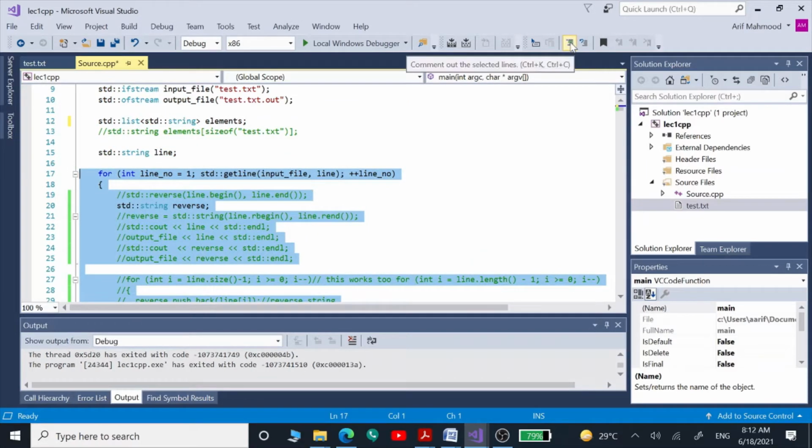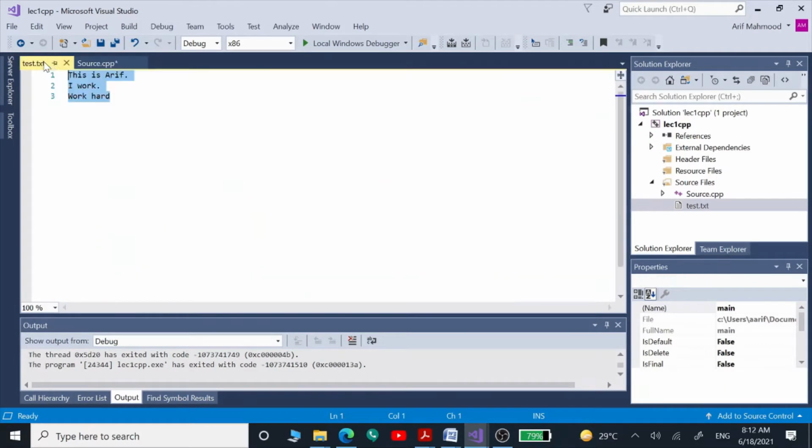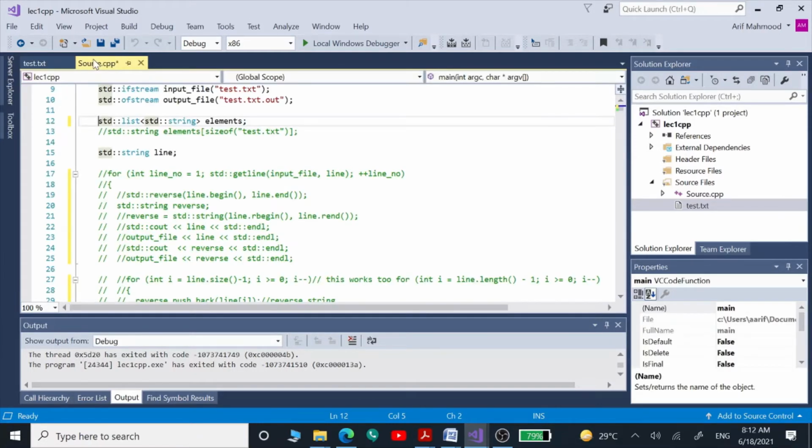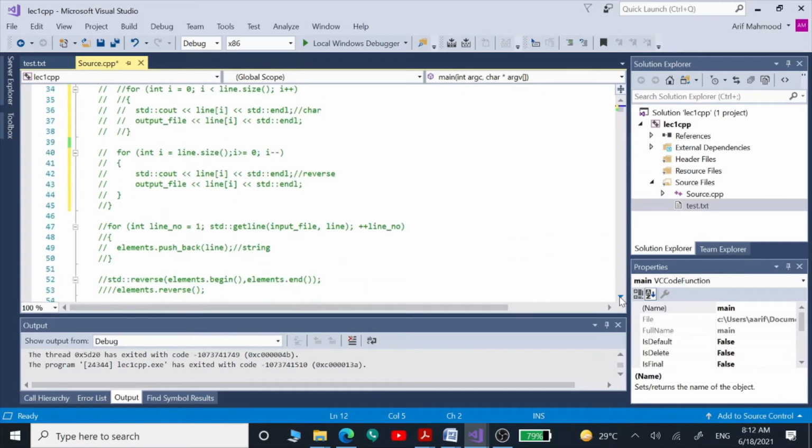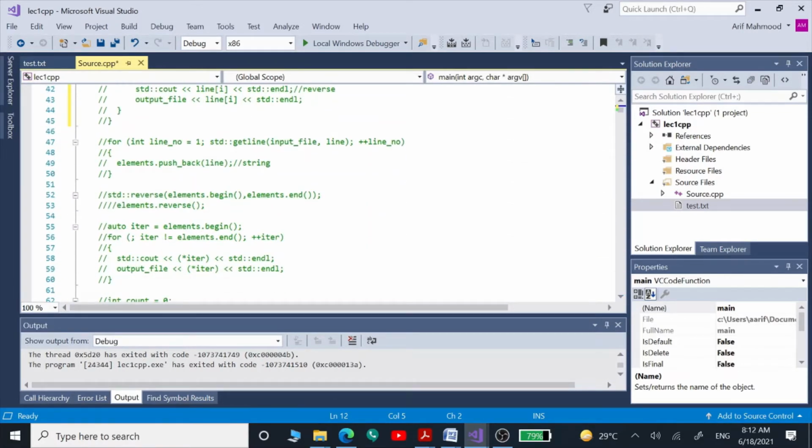So first we have defined a linked list, and in this linked list we are going to first store these three lines. This line would come first in our reverse, this line would come second, and this line would come at the third position. So this is the way we are going to reverse it. But first we are going to see our output in the straight order, then in the reverse order. So we can include these lines.